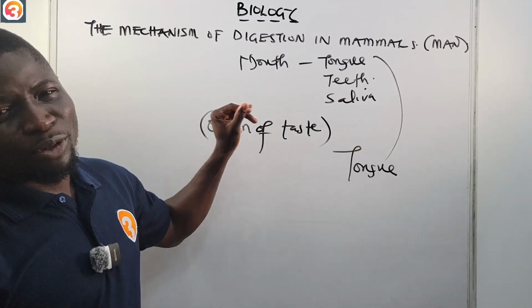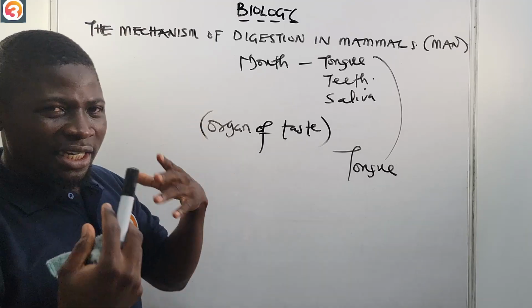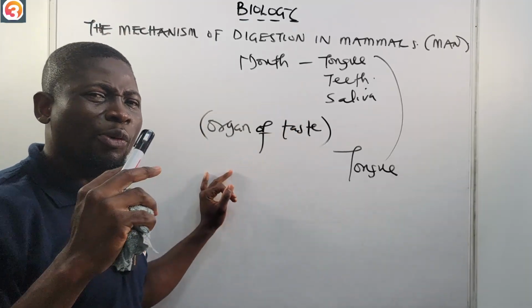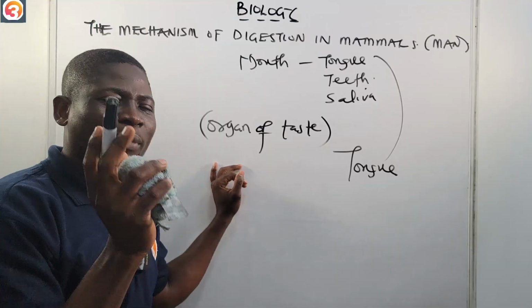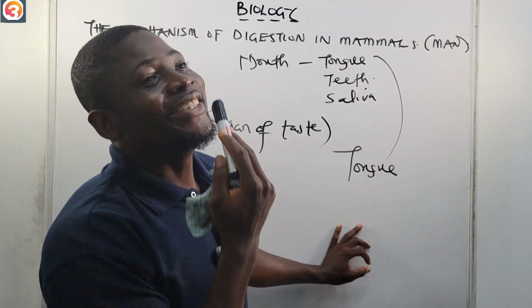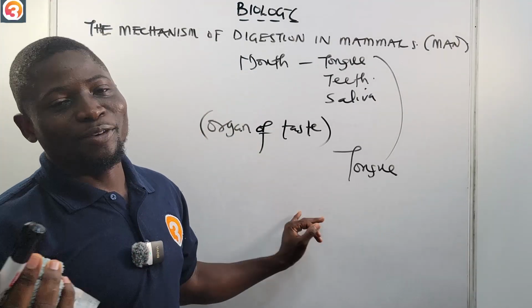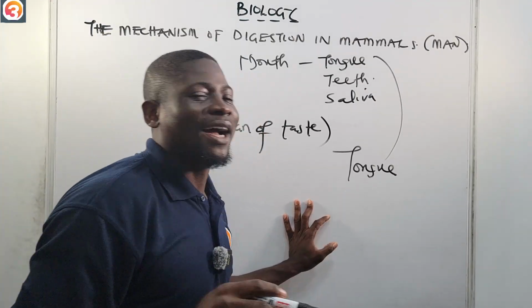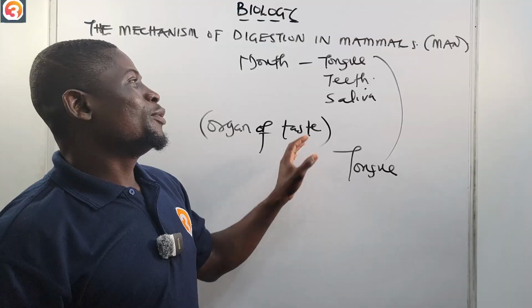And what does the tongue help us to do? As you are chewing the food, the tongue will help move the food around the mouth. It's because of the tongue that the food can be moved to this side, to the top, to this side, and so on and so forth. It enables us to move the food around the mouth, and then also